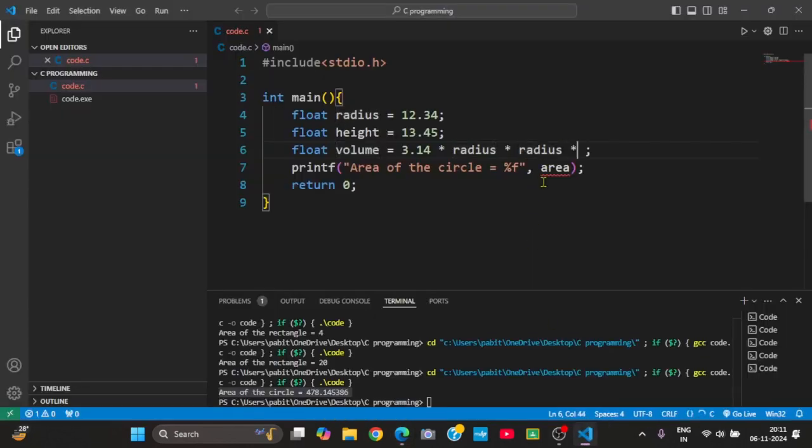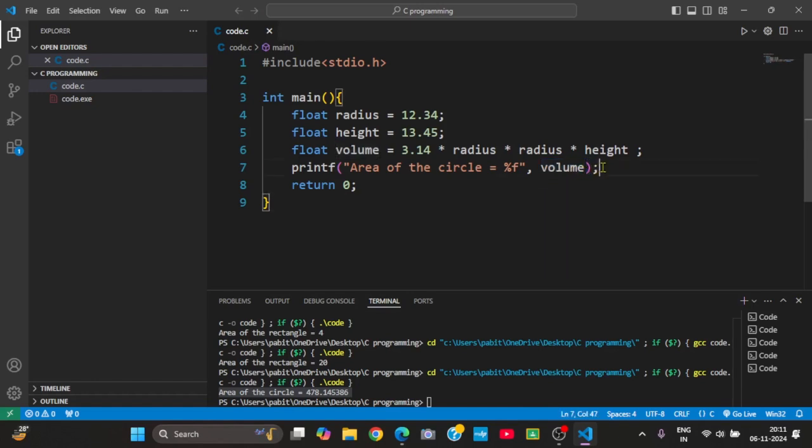So height over here, and we modify this by the volume variable, because the final output of this whole operation is going to be stored in this float volume variable. So you have to put here percentage f for float data type,